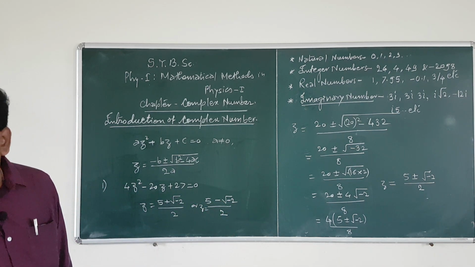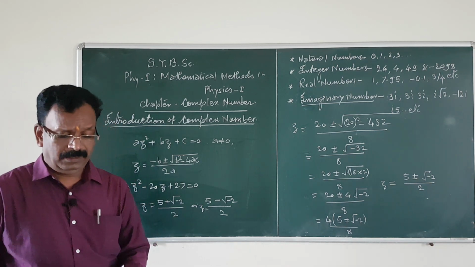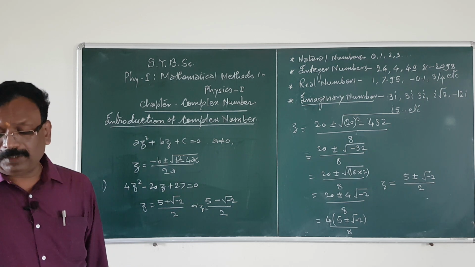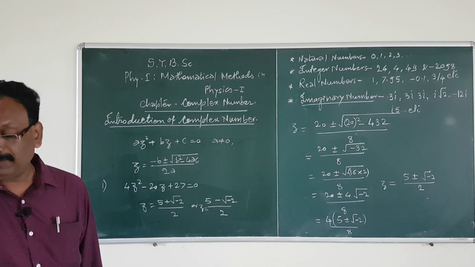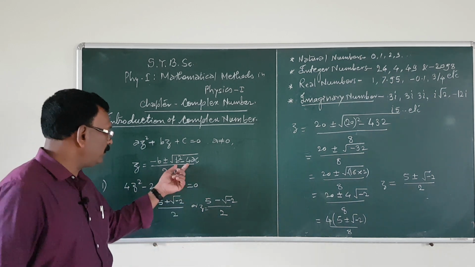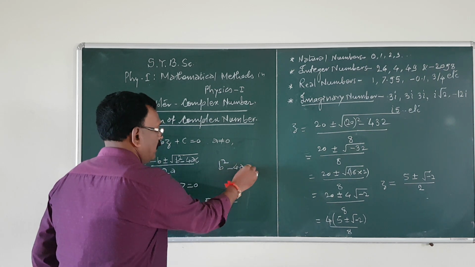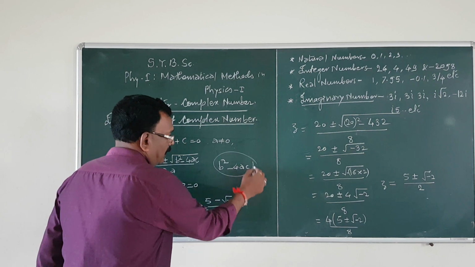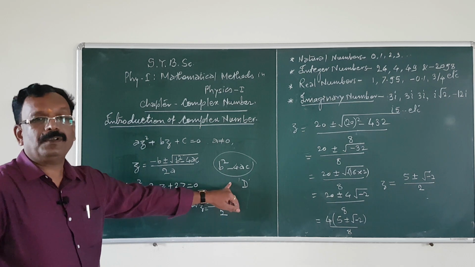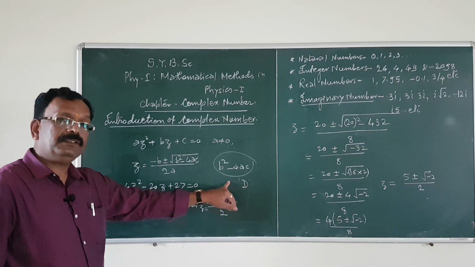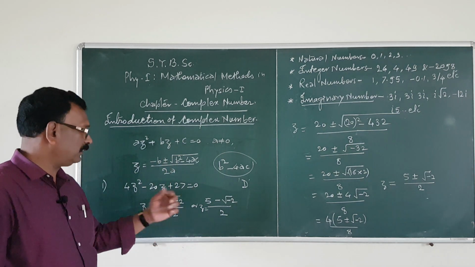We know that the square root of a positive or negative integer is always positive. Therefore, the square root of a negative integer cannot be found by usual methods. When the discriminant D, that means b square minus 4ac, is negative, then by the routine method it is not possible to solve this equation.